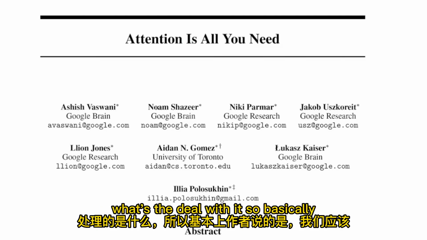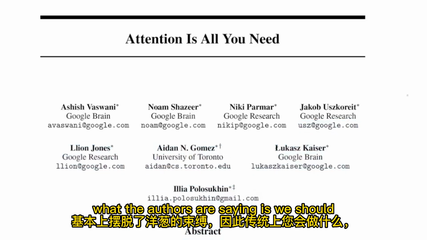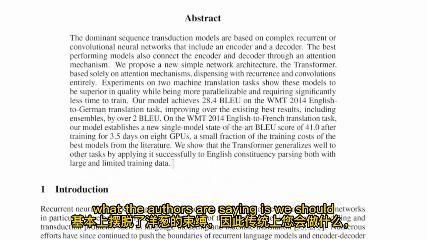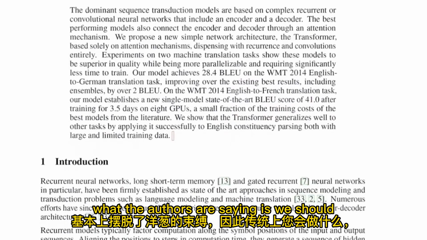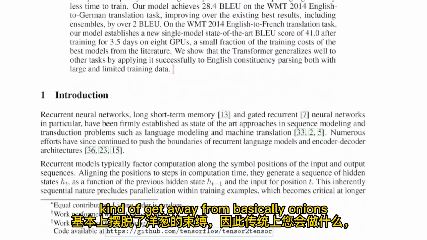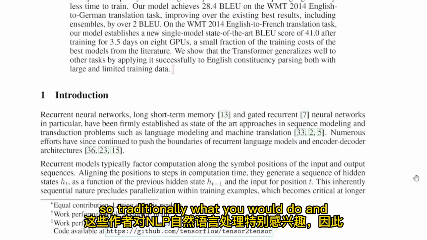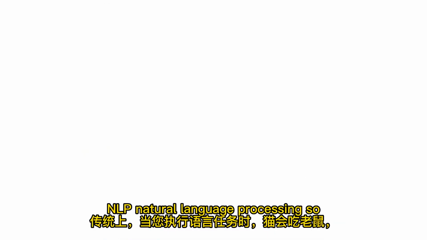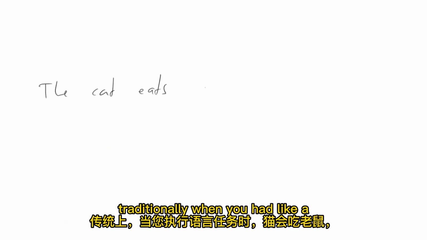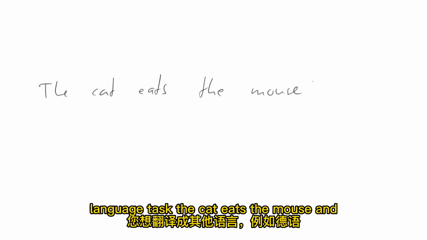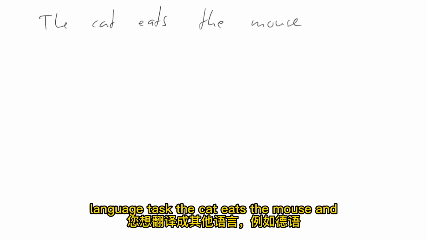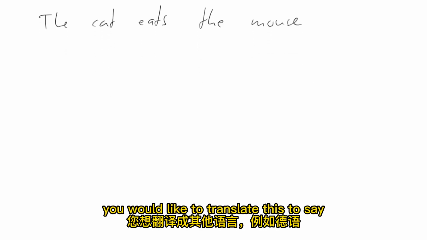So basically what the authors are saying is we should kind of get away from basically RNNs. Traditionally, and these authors are particularly interested in NLP, natural language processing, when you had a language task, like "the cat eats the mouse," and you'd like to translate this to, say, any other language, like